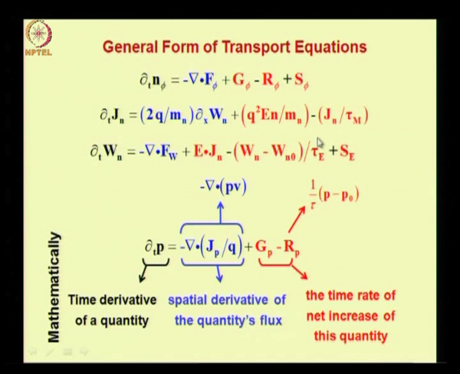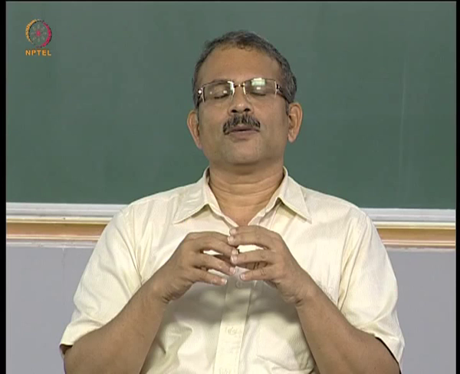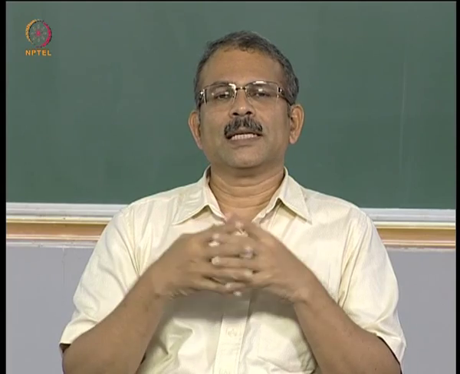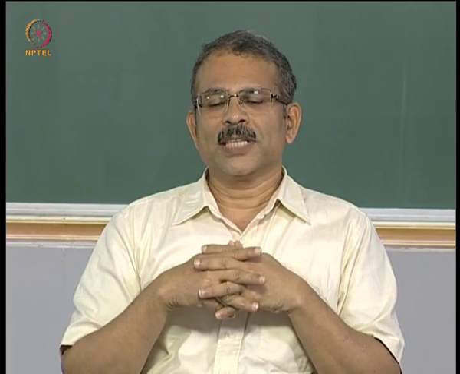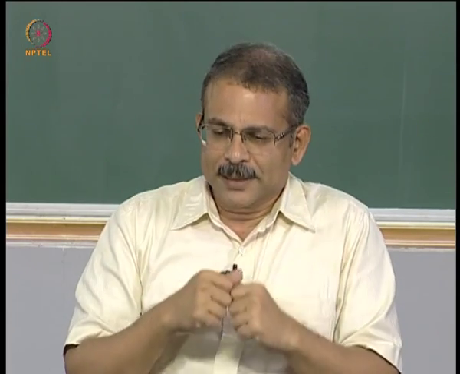So this loss term, loss in energy term, is exactly analogous to P minus P naught by tau. So unlike in the case of the momentum balance equation where Jn at equilibrium is 0, the Wn kinetic energy under equilibrium is non-zero. That is why this form is perfectly analogous to this form. And then you have some source terms, the source of kinetic energy because of carriers which are generated, electron hole pairs which are generated or recombining.